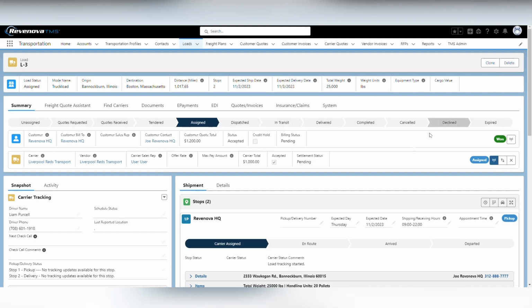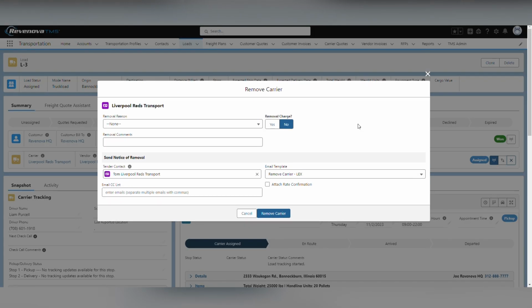The last thing I want to show you is that we've also updated the process of removing carriers from the load in terms of how it relates to the tracking process. So I will elect to remove my carrier, Liverpool Reds Transport, from this load by clicking the Remove Carrier button. And you can see before I do that I have a load tracking session still initiated. When I remove the carrier,